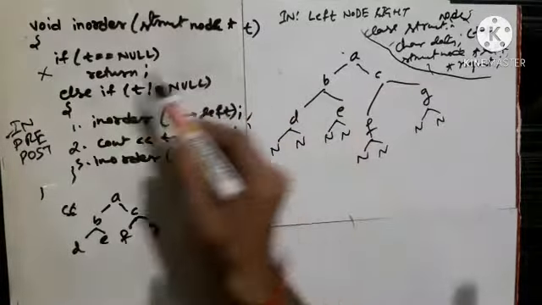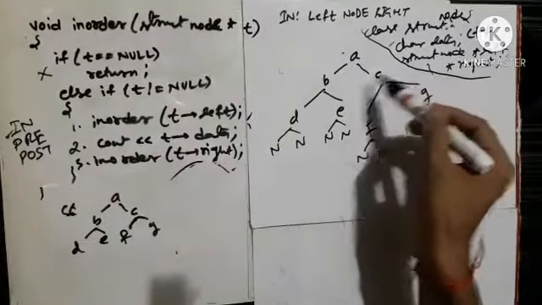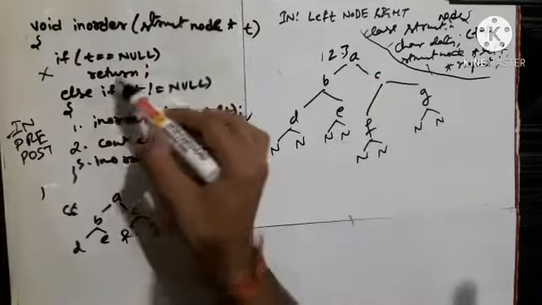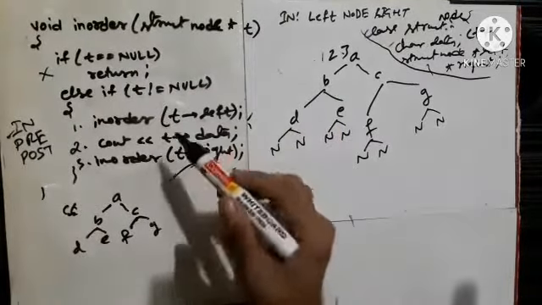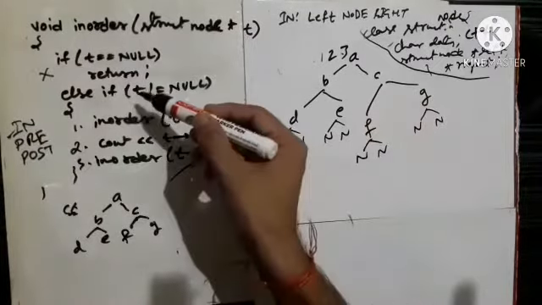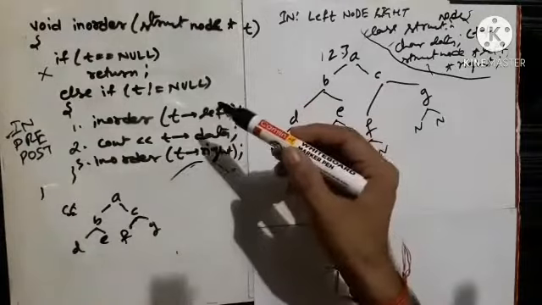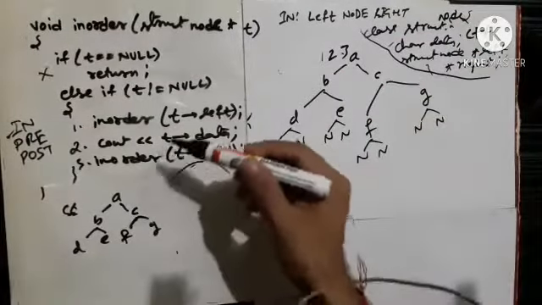See, is T equal to null? No, T is not null. T has some data, and it has two children. So it will not enter into the if part, it will enter into the else part, because T is not equal to null. ये else if part में enter करने के बाद क्या करेगा, ये तीनों स्टेटमेंट को बारी बारी से सीक्वेंस वाइज एग्जीक्यूट करेगा।